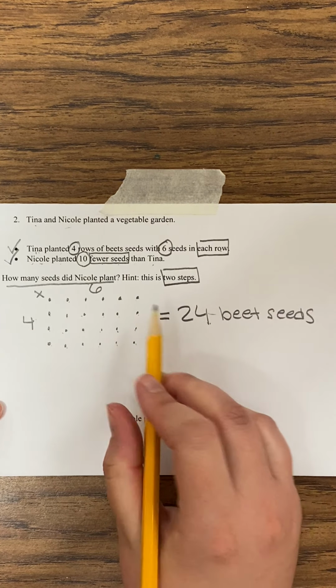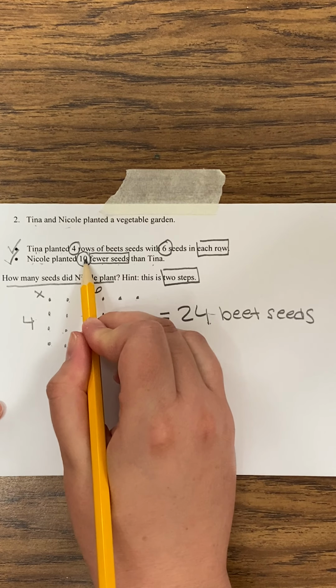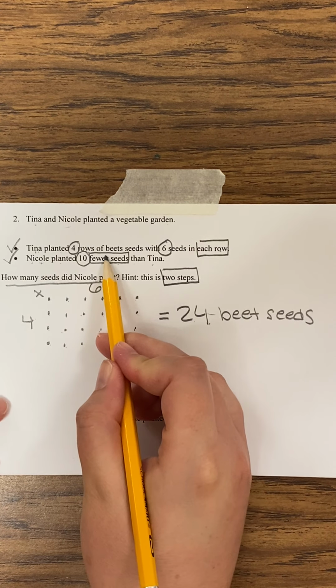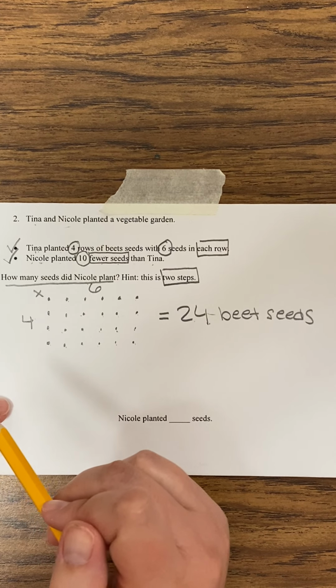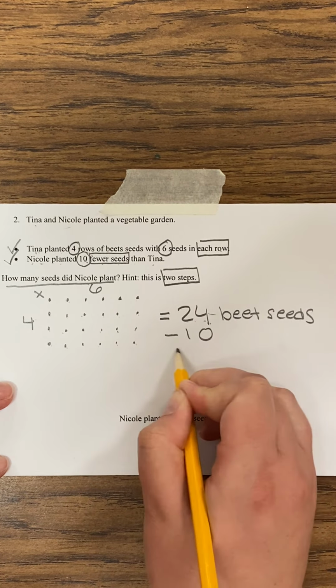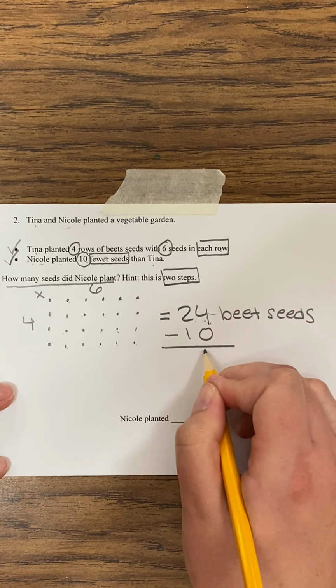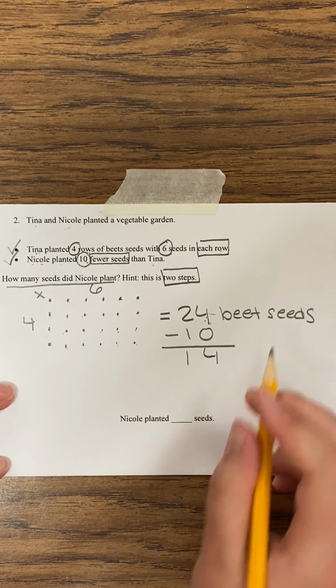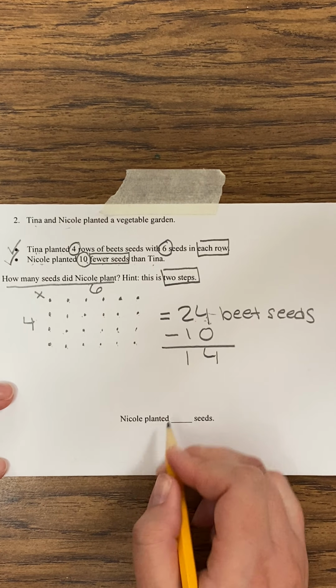So, what do we need to do with 10 and 24, boys and girls? What do we need to do? Fewer means subtract, less than. So we're going to take 24 and subtract 10. So 4 take away 0 is 4. 2 take away 1 is 1. So, boys and girls, down here, Nicole planted